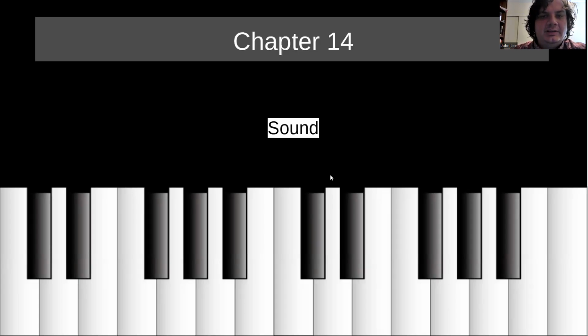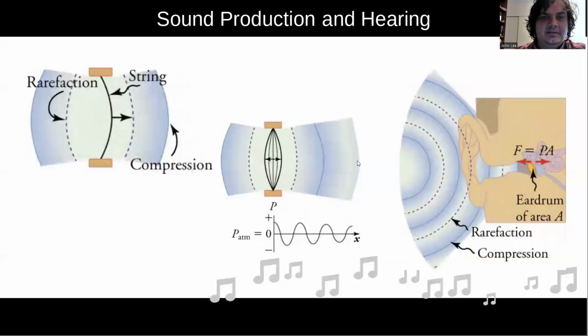Hello and welcome to our lecture on chapter 14 of the textbook, which is about sound. Sound is another example of a wave. One of the ways that sound can be produced, it's a longitudinal wave, which means